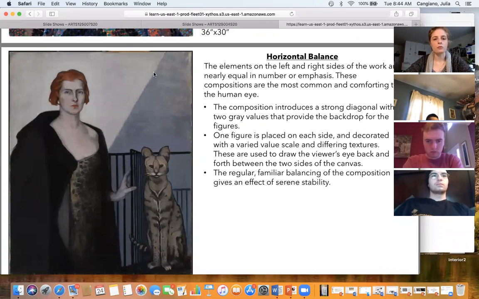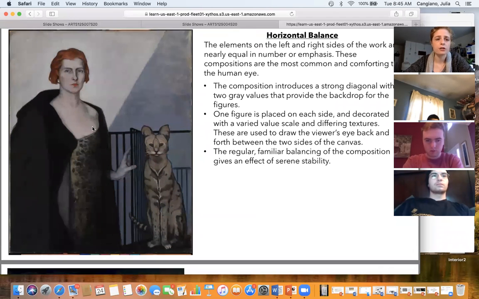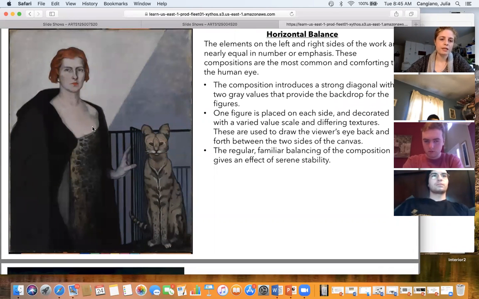And then of course, one thing I didn't mention was the gray values in the background. They're sort of neutral, but also harmonious, because you are finding at least a little bit of some of these grays either on or mixed into these two figures. So I'm seeing that this background could be appearing in her clavicle area a little bit, and even just in the color of her skin, which is pretty gray. So that sort of harmony is there as well.